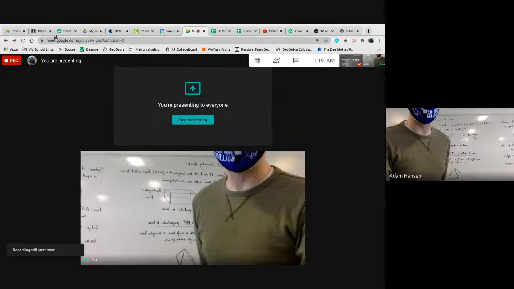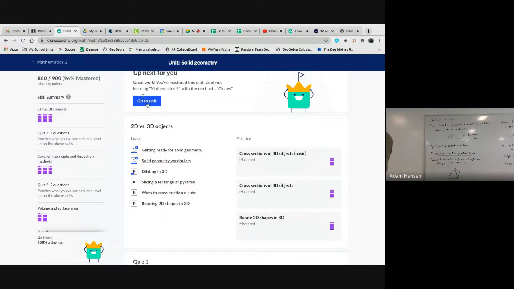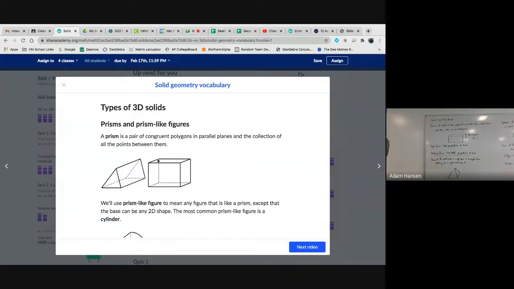Behind me are some important definitions and terminology for us to look at. And I'll also pull up the article from Khan Academy on solid geometry vocabulary. We're going to be looking at three different types of three-dimensional solids: prisms, pyramids, and spheres. I'm sure you've seen some of these objects before when you studied surface areas and volumes in your prior math class. I just want to put some of these important terms and definitions back in your notes and